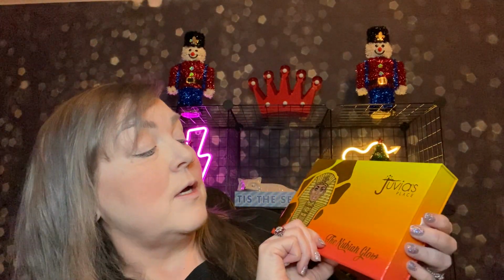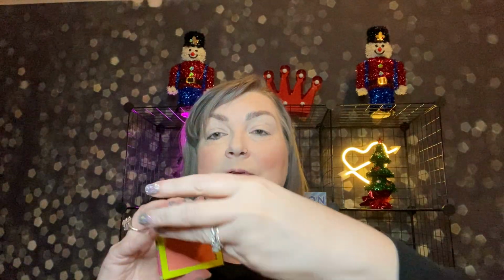Today we are going to be doing a look with the Nubian Glow from Juvia's Place. And I actually have Juvia's Place blush on, and it is Serafina. This is the beautiful color. So I thought I would do